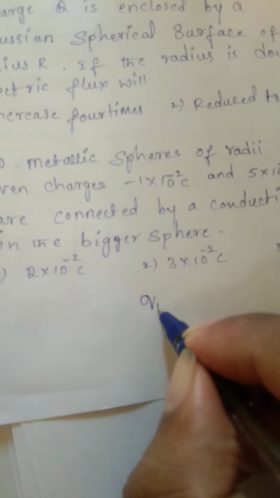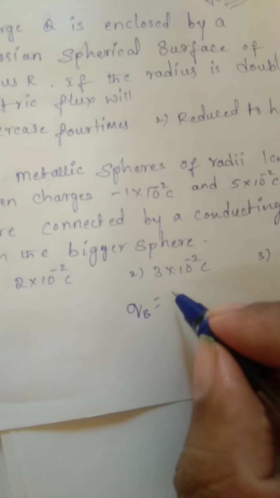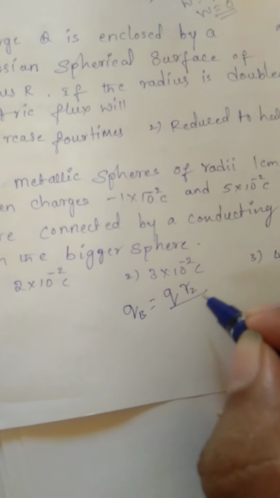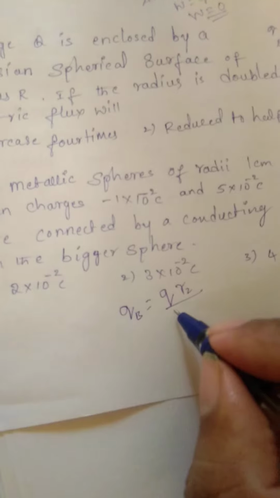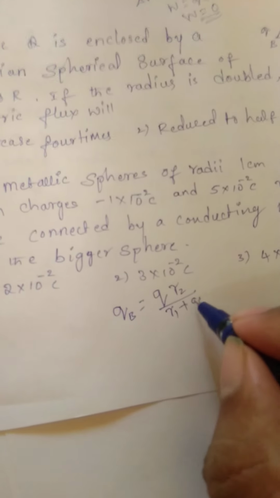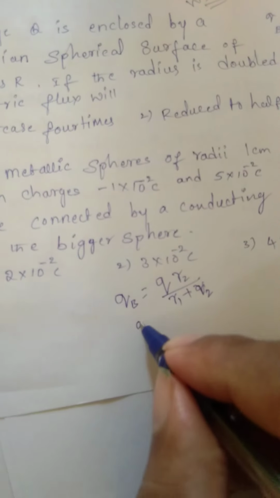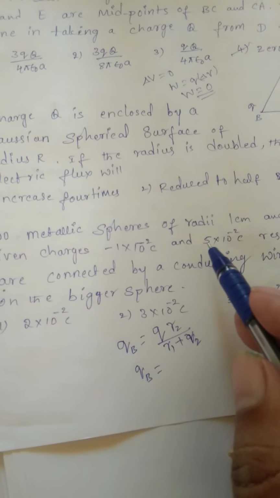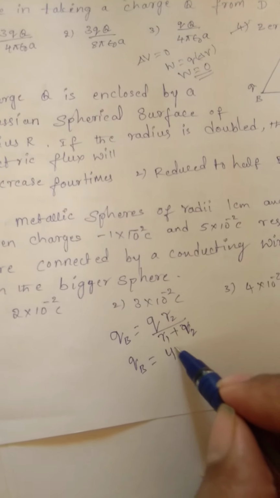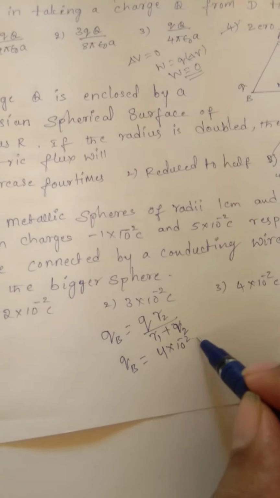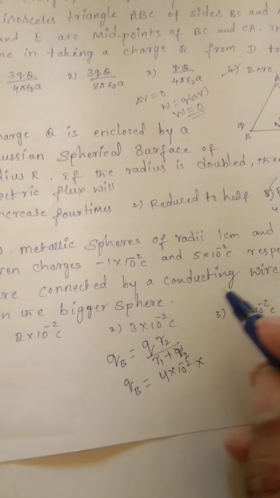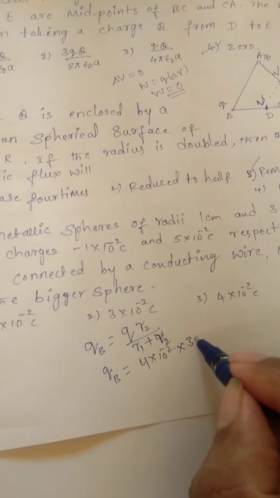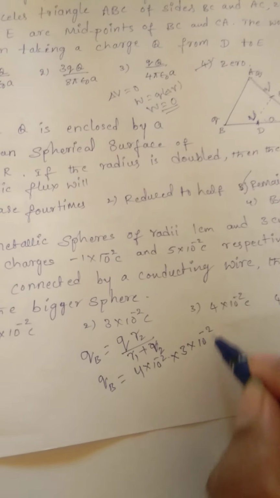To find the charge on the bigger sphere, Q_B equals the net charge times the radius of the bigger sphere, R2, divided by the sum of the radii, R1 plus R2. So the charge on the bigger sphere equals the net charge, minus 1 plus 5, total 4 into 10 to the power of minus 2, into R2, which is 3 centimeter, so 3 into 10 to the power of minus 2,